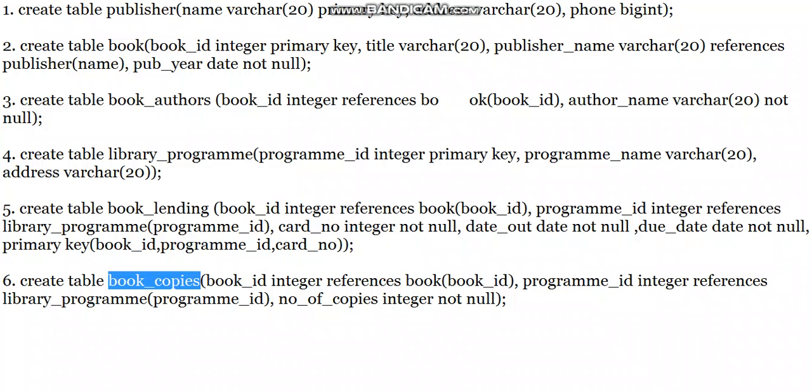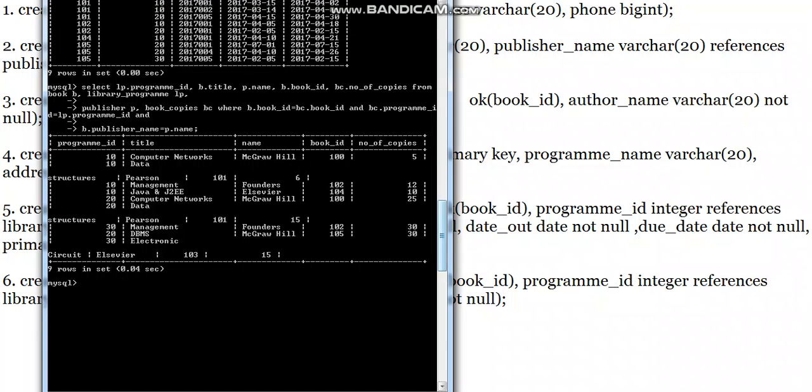table. Now this book ID and this book ID are the same. That's why if these two match, take the information of book copies of that book. That is what I am referring to here. If these two are matching, then you can fetch the number of copies. So that is what we can see from our